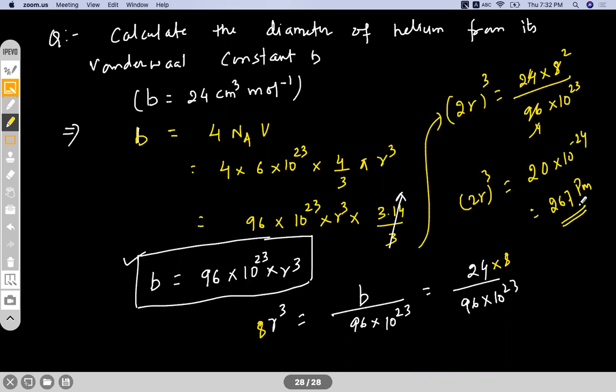So like this, there are some basic formulas we have that we'll use, and we'll find out the answer in all these kinds of questions. Okay, so next class we'll finish this chapter. There are a few things left. We'll finish this in the next class and then we'll start a new chapter.